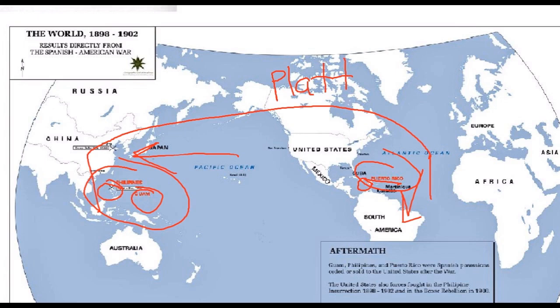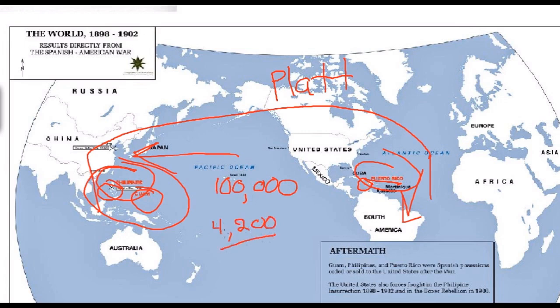And so for the first time, the United States has to begin considering itself an imperial nation, a nation that controls overseas territories. But for the United States, they wanted to distinguish themselves from European imperial nations. Americans argued that American imperialism brought about freedom, brought about democracy, and was ultimately a benevolent form of imperialism. The reality was American imperialism was very little different than European imperialism, especially in the Philippines, where Filipino independence fighters fight against Americans for independence of the Philippines for nearly 4 years. And as a result of this conflict, probably about 100,000 Filipinos are killed in this war, and about 4,200 Americans are killed in this war.